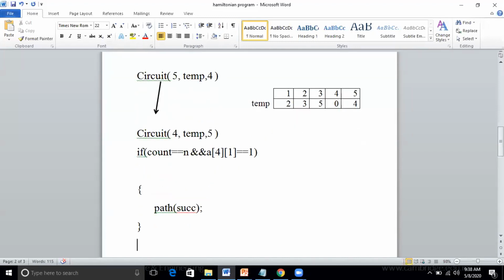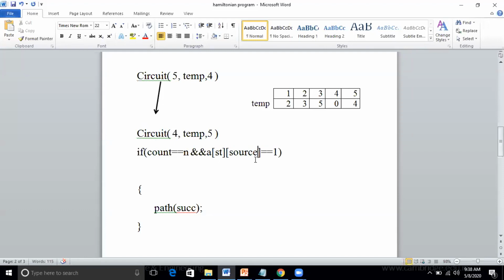I will explain that path function for you people. Now, when I have to call the path function, when count is equal to number of vertices, and from the last node. In general, can I write ST? Actual parameter for formal parameter is ST, and I. Actual parameter is I, and this is source, correct?